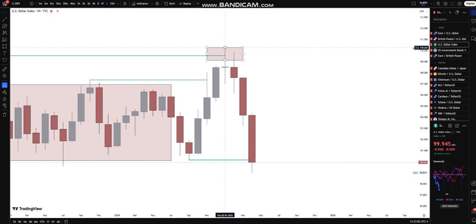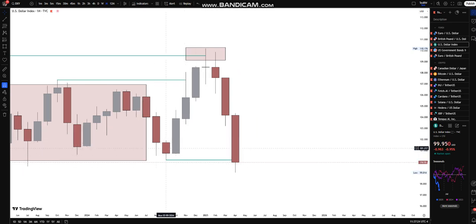Because we've had this manipulation to the upside, above this range of consolidation, it means more likely than not from this manipulation point onwards, we are going to see some sort of higher time frame reversal, meaning at some point during this reversal leg, we are likely to see some significant levels, such as our previous yearly low, in the opposing direction of the previous trend, actually being targeted, which is exactly what was targeted